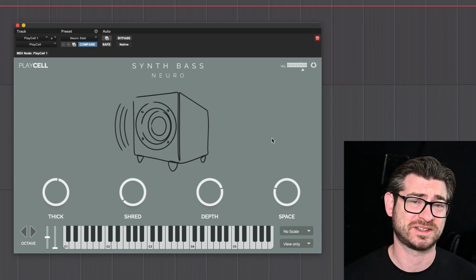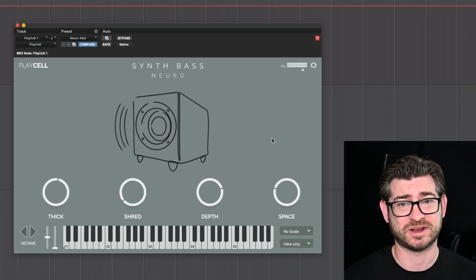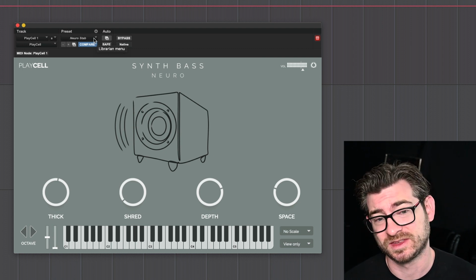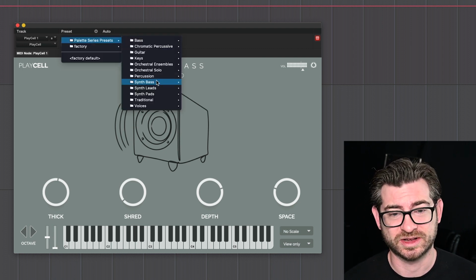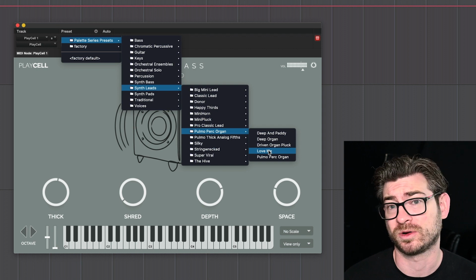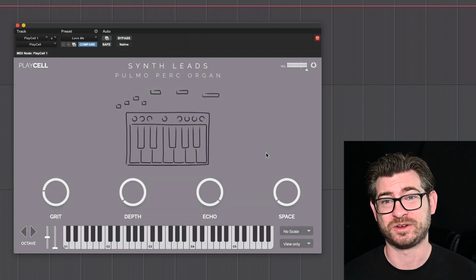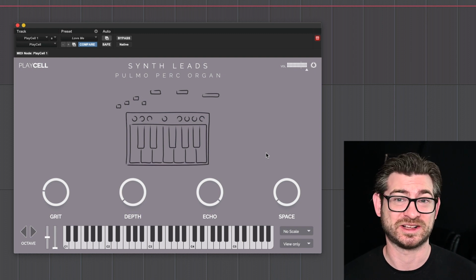So it sounds drastically different than Neuro itself, and you can make your own patches that modify the existing sounds pretty easily. So let's take a look now at some of the leads. Let's start with the Pulmo Perk organ. This one, especially the preset Love Me, if you're familiar with 90s house, you might recognize this kind of sound,